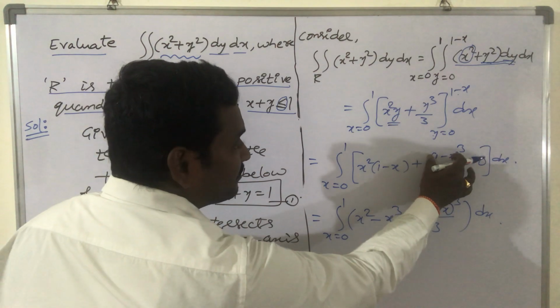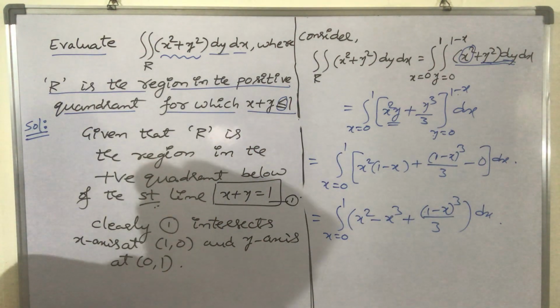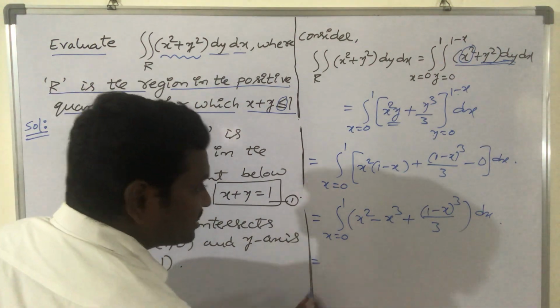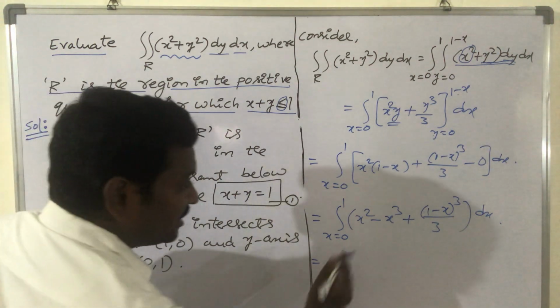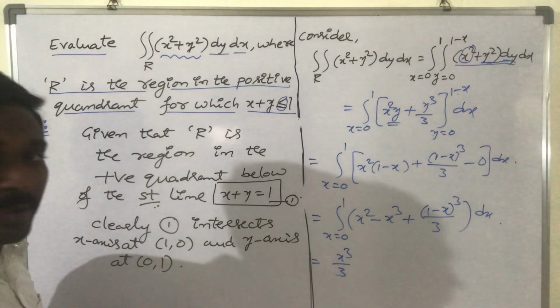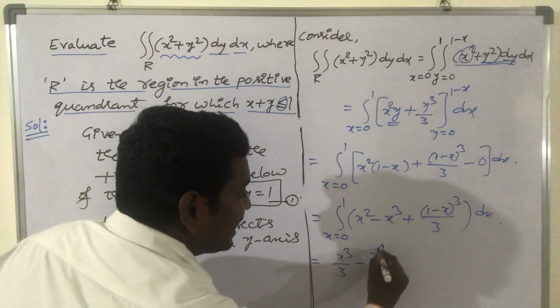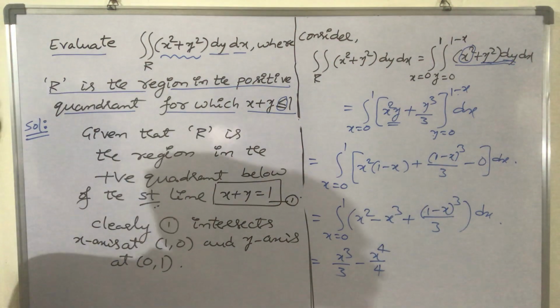Just keep this term as a similar term. Okay. Now take the integration with respect to x. Integral x square is x cube by 3 minus integral x cube is x power 4 by 4